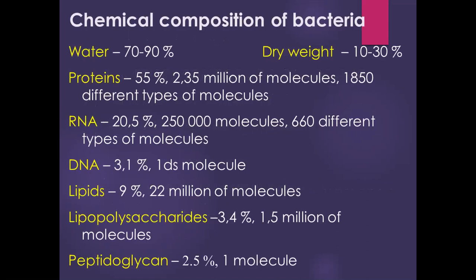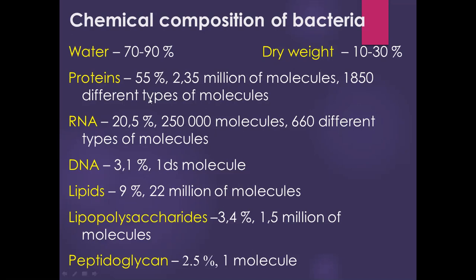In the chemical composition of bacteria, water makes up 70 to 90%, and the other 10 to 30% is dry weight. This dry weight includes organic and inorganic components. Among the dry components of bacterial cells, proteins are in first position, more than one half of dry weight, and proteins play a role of enzymes, the biological catalysts, and also participate in building of all cellular